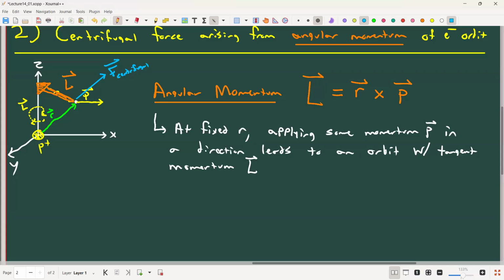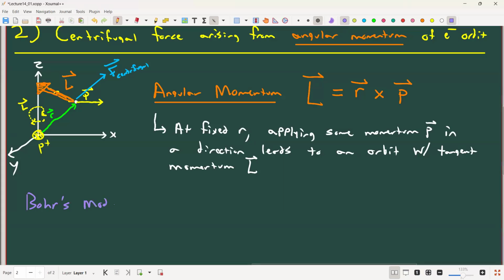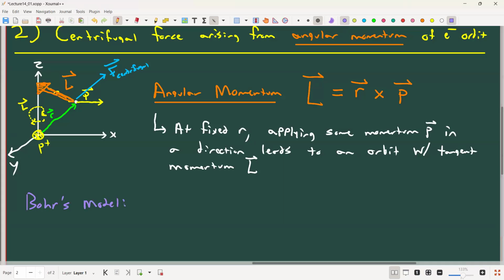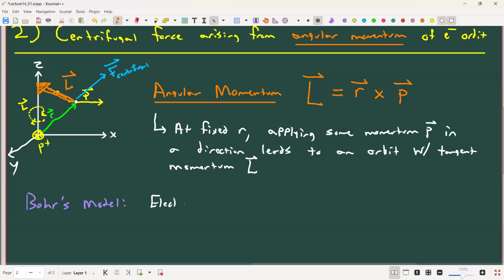There's the one, n equals 1, right? The 1s one, there's a 2, there's 3. You have this sequence of stable orbits. And so there must be, right? So Bohr's model, we call this Bohr's model, which is that electrons have stable orbits